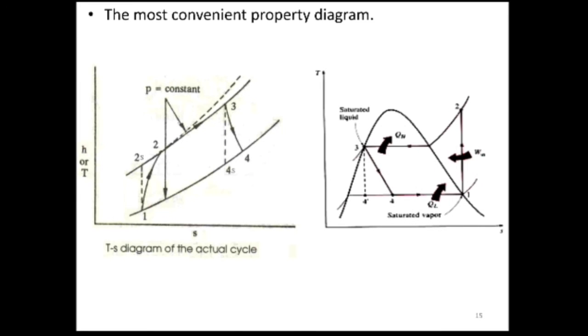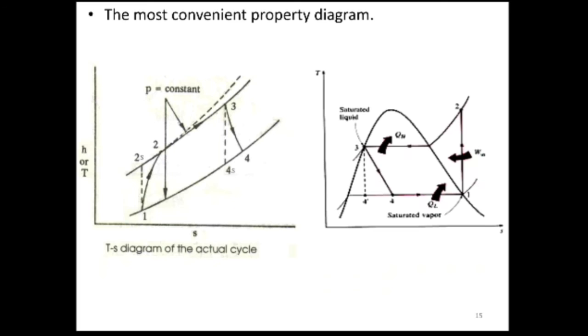Now, as you can observe in this HS diagram and TS diagram, in the HS diagram you can see the graph of the actual cycle also. 1 to 2s and 3 to 4s represent the actual cycles wherein the irreversibility factors have been considered, right? Now in the TS graph, if you observe, there is a dotted line 3 to 4 dash. Now what is this 3 to 4 dash? This 3 to 4 dash is the expansion of the refrigerant if we had used a turbine, right? 3 to 4 is the actual line wherein the expansion has been done by the expansion valve.